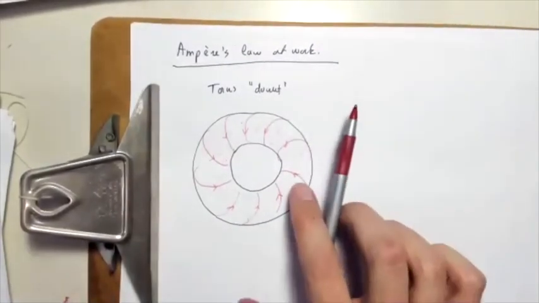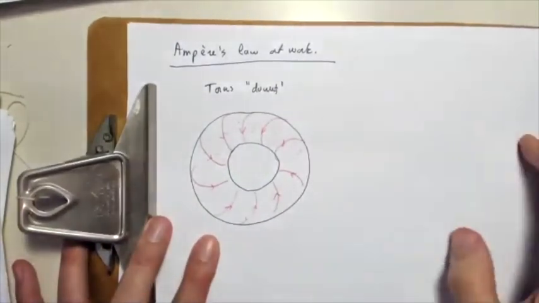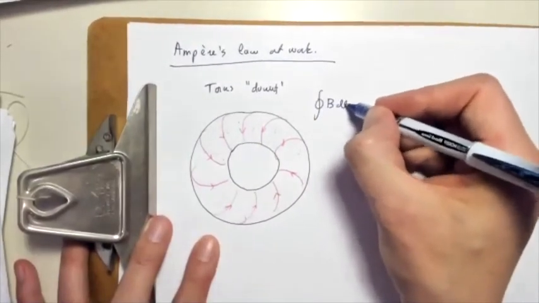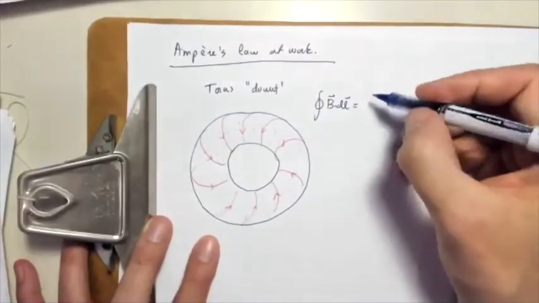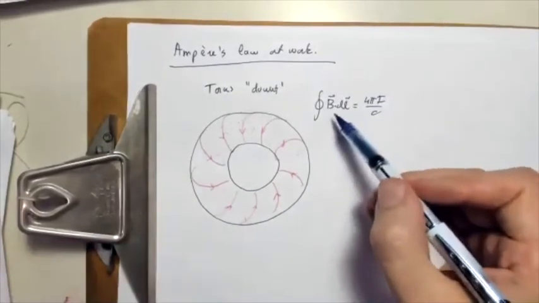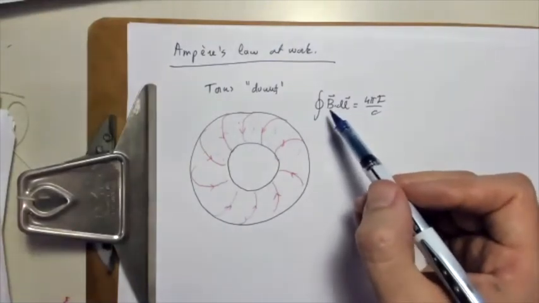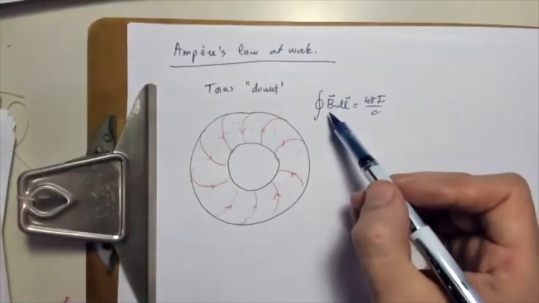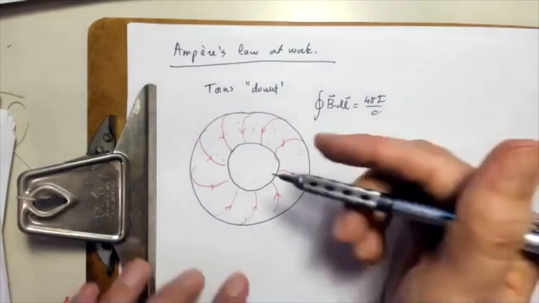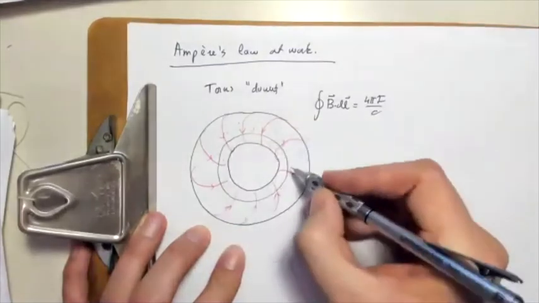And in degrees of high symmetry such as this, we can just use Ampere's law, and we can take a path, our B dot dl, and set that equal to 4 pi I over C. And then in situations where we assume that B is the same across the entire path of that integration, you can factor out your B from your integral, and then you get a very straightforward situation. So if we do that here, for instance, we're doing our contour, we pick our contour here,